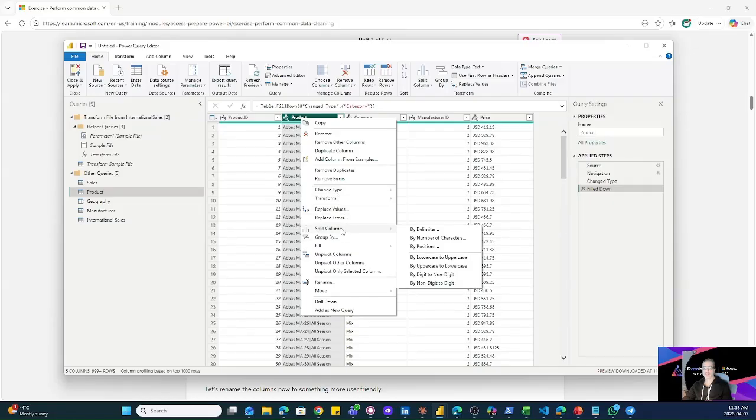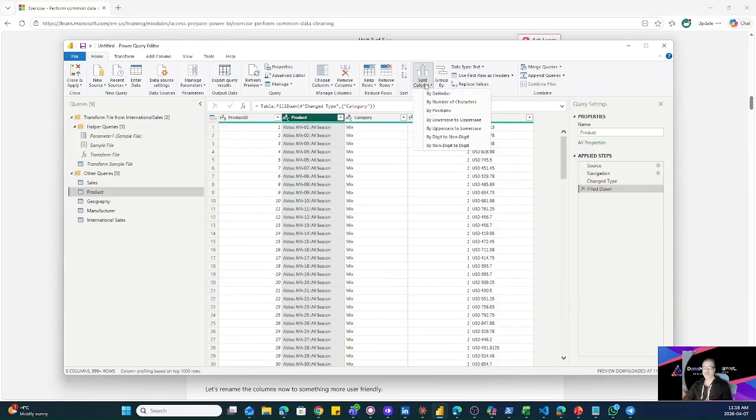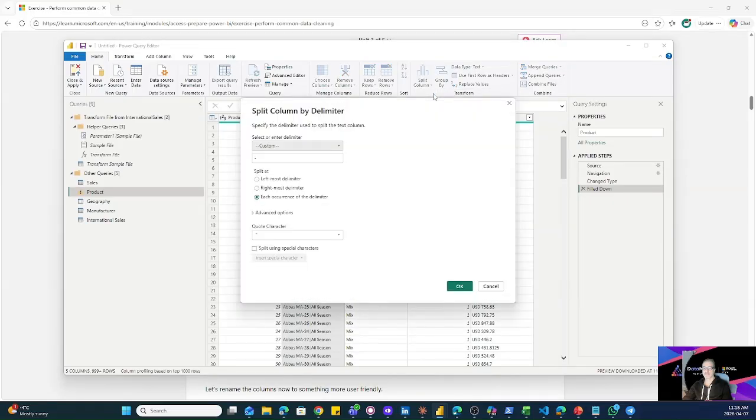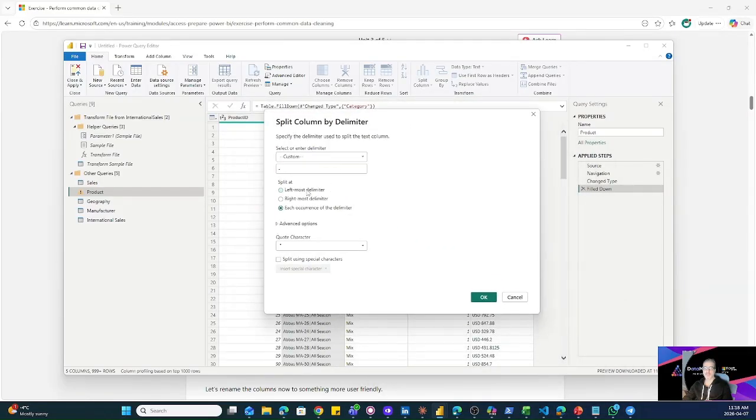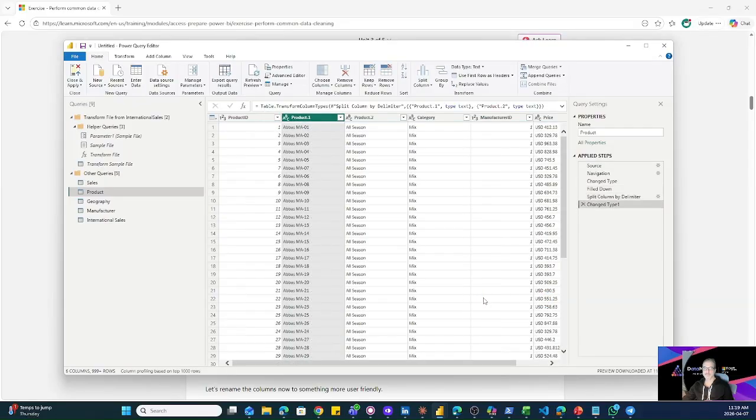Here you have split column, but you can also use the split column here. It's the same, and we're going to select by delimiter. And what is the delimiter we have? We have a pipe. It's a little redundant, but we're expecting only one, so we want to just split on the first one. If it happens that there's another one, it won't split. So we will only create two columns, the first part and the second one. And we're going to hit OK. So this creates,